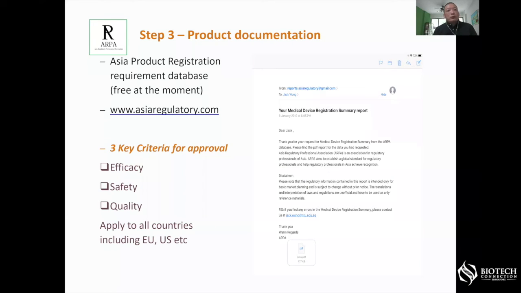Of course, the good regulatory answer is: yes, of course you have room to negotiate. What is the logic? The logic is here: efficacy, safety, quality. What I mean is, if your product fulfills these 3 criteria to prove your product is effective, safe, and of good quality,